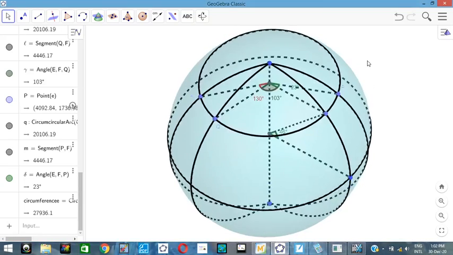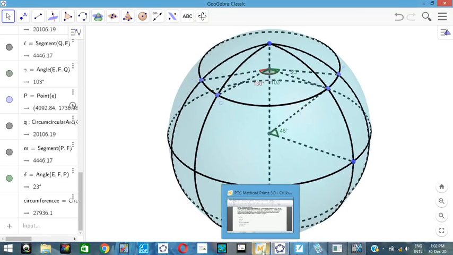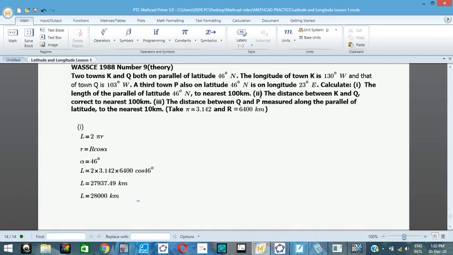Alright, then the next calculation the question requires from us is number 2. It says the distance between K and Q to nearest 100 kilometer. So how do we get distance K and Q? This one is very simple, because we already know the angle between K and Q. It's the angle we need. So distance KQ is going to be equal to,